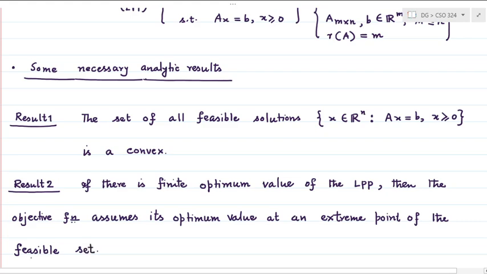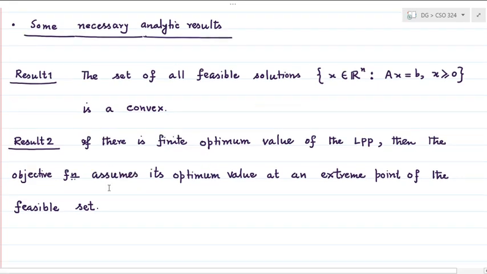Fine. Now, as we will prove later, the extreme points and basic feasible solutions are equivalent, and you all know that the basic feasible solutions are finitely many. At maximum the number of basic feasible solutions is nCm, that we all have learned, and therefore the number of extreme points of the feasible set of this LPP is obviously finite. So let's start assuming that the extreme points of the feasible set